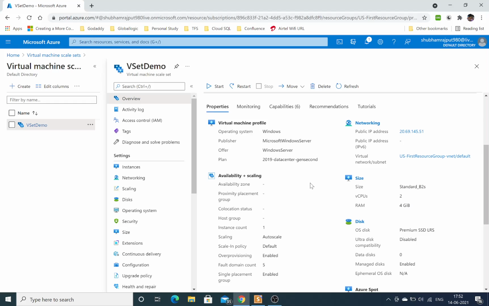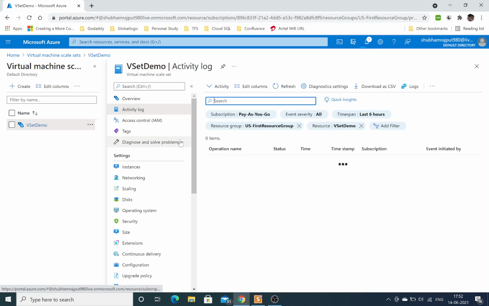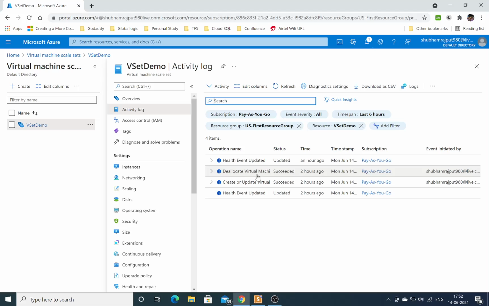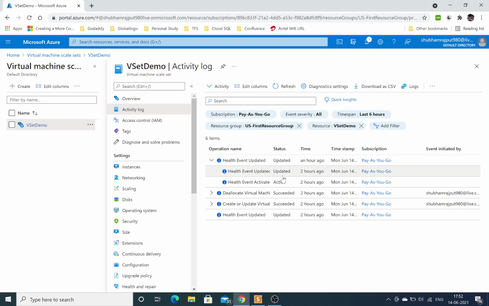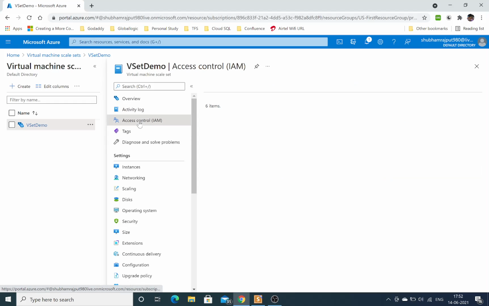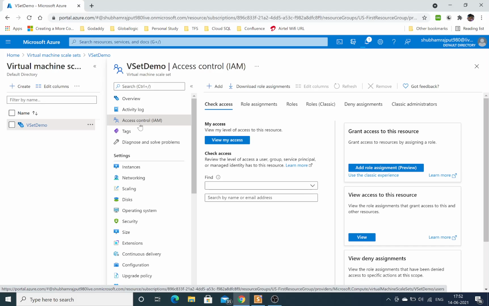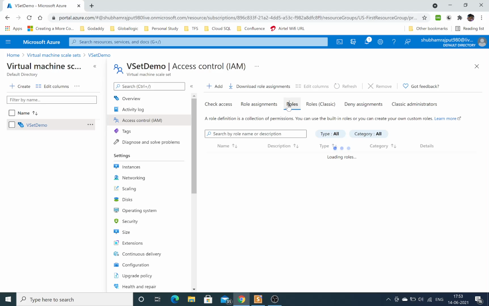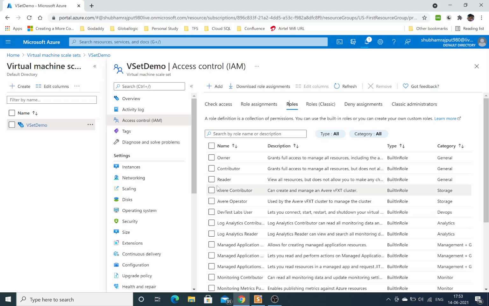Now come to the activity log. It will show the log of at what time it was updated, succeeded, or what happened. Basically these logs are only event based. Then there is access control, where, as we have already discussed, you can provide an owner role for this machine or specific read-only permission.